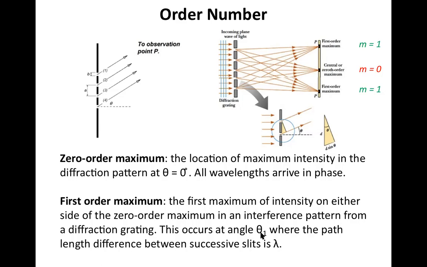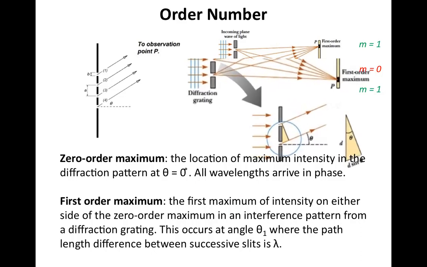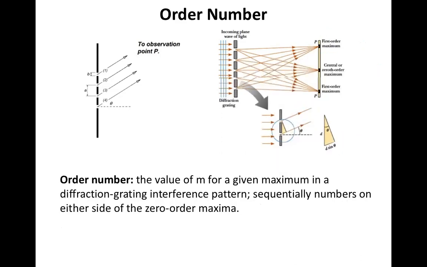Theta 1 is the angle of the first order maximum, and it's where the path length difference between successive slits is lambda. So whole number multiples of lambda. And do you recognize that diagram? Because we've done that diagram a couple of times before. We're looking at the path length difference. So we can use that path length difference and what we know about constructive and destructive interference to